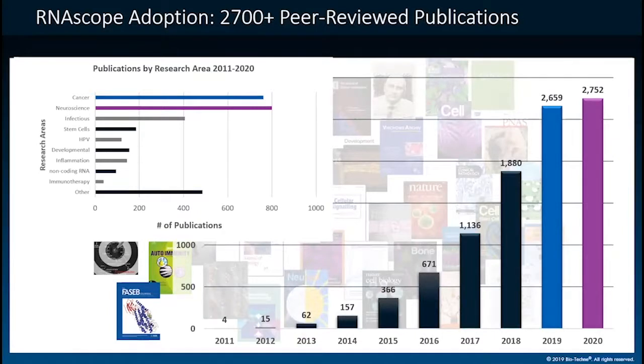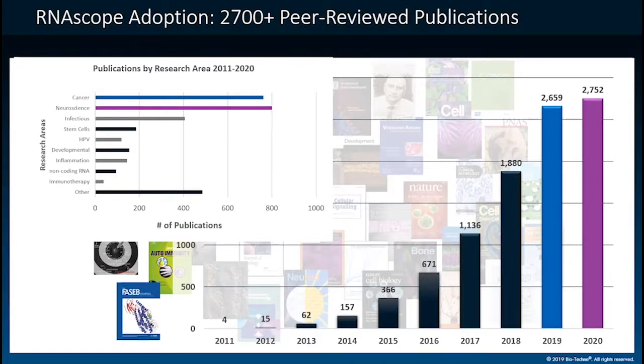With this information today and all these publications, I really do want to highlight that the growth and adoption of this technology is best exemplified by the number of peer-reviewed publications. We had our first publication in 2011, and since then we have over 2,700 peer-reviewed papers published using this technology in numerous journals, many of them top-tier ones such as Nature, Cell, and PNAS. The RNAscope technology is highly relevant across multiple fields of research. Our top areas are neuroscience, cancer, infectious diseases, and furthermore, the incorporation of this technology in single-cell RNA sequencing workflows